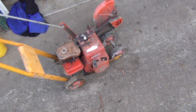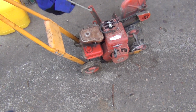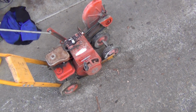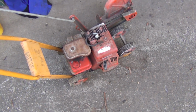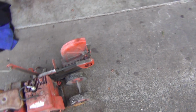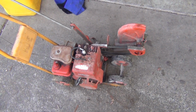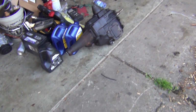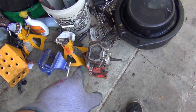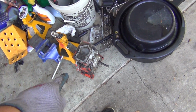Anyways, I'm going to rebuild this engine, rebuild the carburetor, and put new gaskets in. I want to put new rings in this thing and lap the valves. So, yeah, it needs just a quick little refresh there. We'll get to that in a few weeks. I got a teardown video on that. That engine I'm not going to use. If anybody wants it,